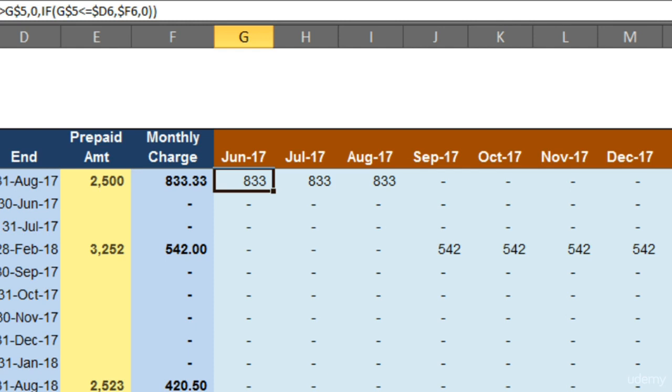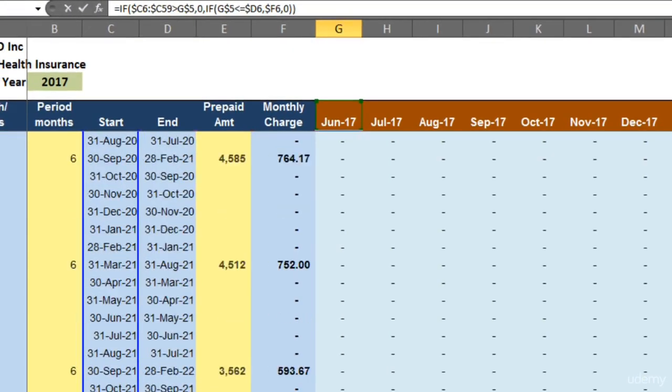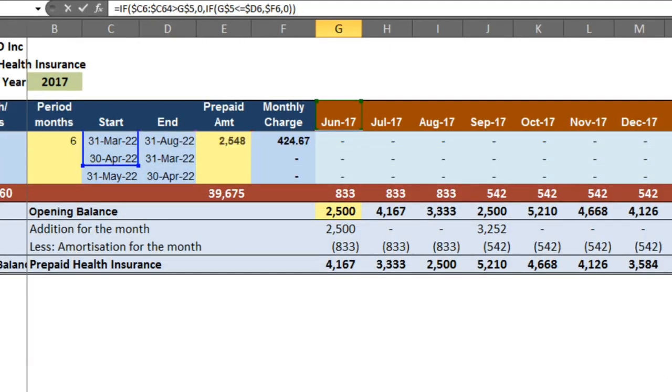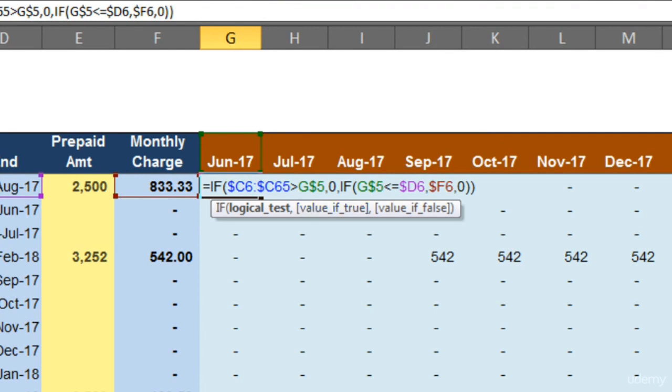So we'll be starting with this cell G6 where our original formula is. Now we have to update this formula with an array function. So what we have to do is select arrays instead of individual cells. In this case we have cell C6 selected, but we want to select the entire array. So what is the array for C6? It is C6 to C65. And here the cell range C65, we have to make it absolute, since we'll be dragging this formula down.